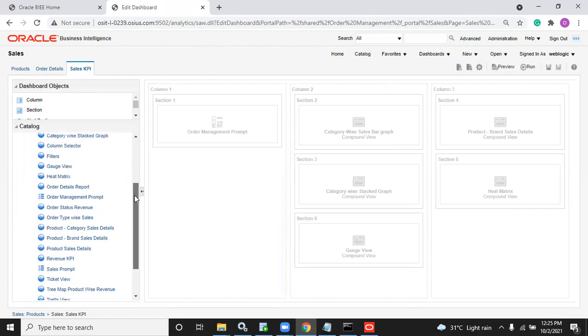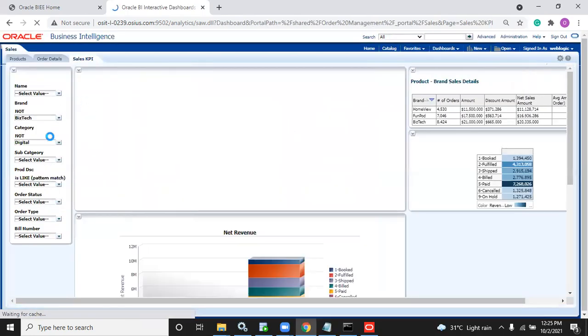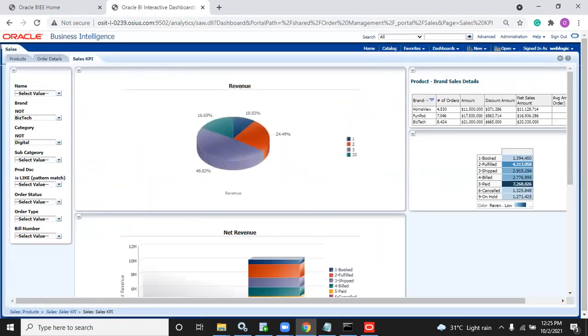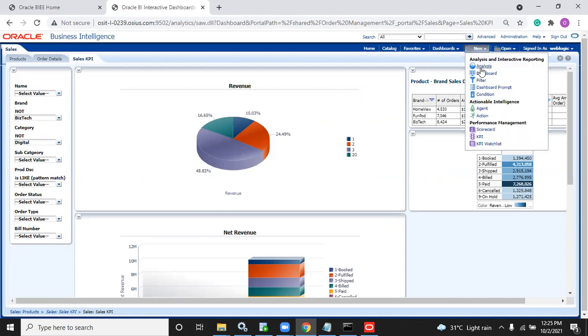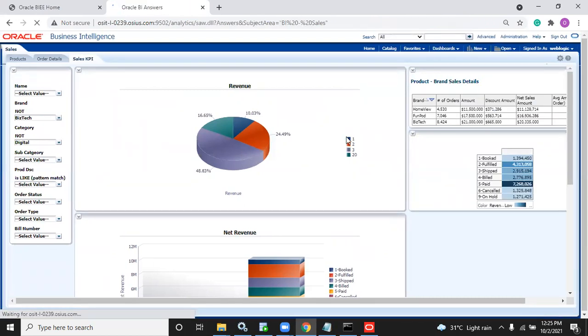Just for showing you randomly. Now this will act like this. Yes, you will get the prompt here. Here I can display the KPI. Example, here I want to display the number of orders. So you can create a KPI for that. Total number of orders, how many are there? You can create a KPI.